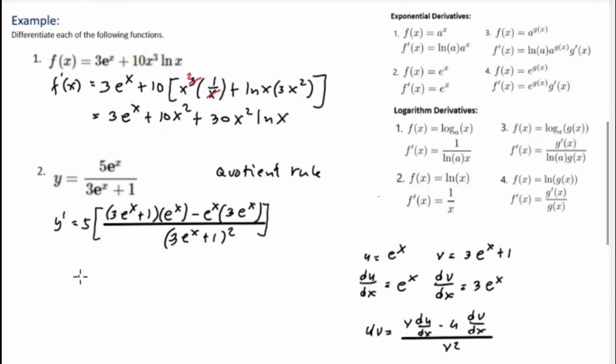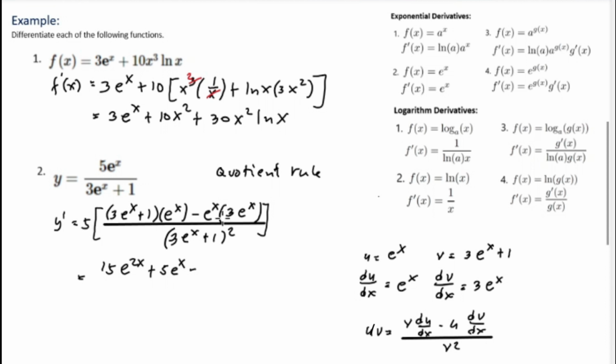And we simplify. 5 times 3 times e^x times e^x, this is 15, and e^x times e^x is equivalent to, we add the exponents, 2x, so 15e^(2x), and then plus 5 times 1 times e^x, or 5e^x,